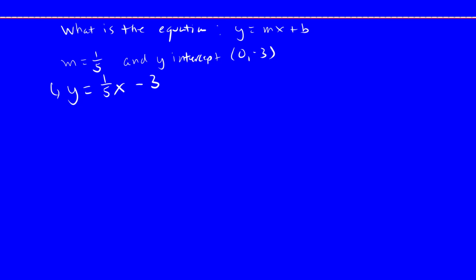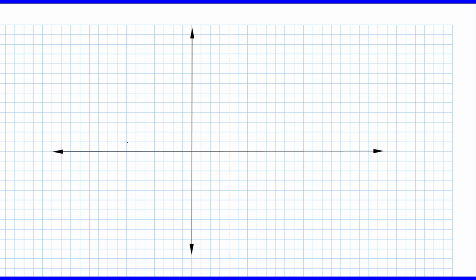Now, let's take a look at what that graph looks like then, and then determine what our equation is from that graph. Okay, so we have an equation of a line that we figured out, and it passes through a couple of points, but let's get our equation out and ready here. So we've got y equals 1/5 x minus 3. All right, so if I tag my lines here,